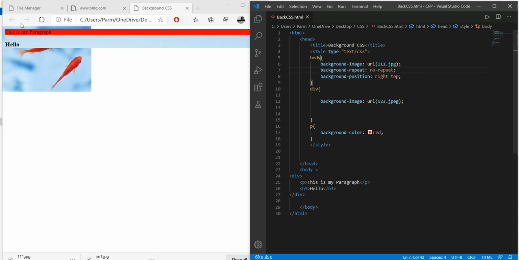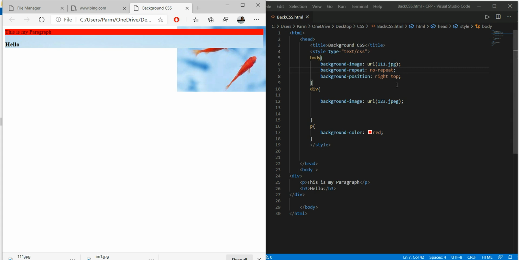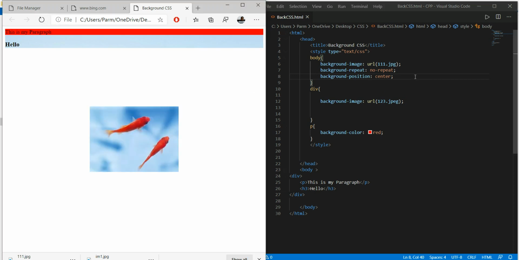Save this, refresh it. Okay, so look at this, the position of the image is set at right top. We can also set the image position to any value, say we just wanted to position it center. Save this, you can position center.